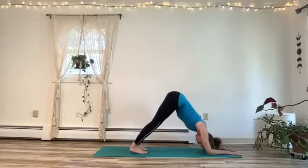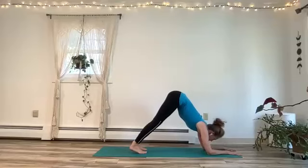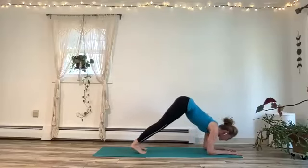So find your dolphin pose first. Let the head relax. Push from the shoulders. And here we go for push-ups. Look forward. Chin past the thumbs for 10,